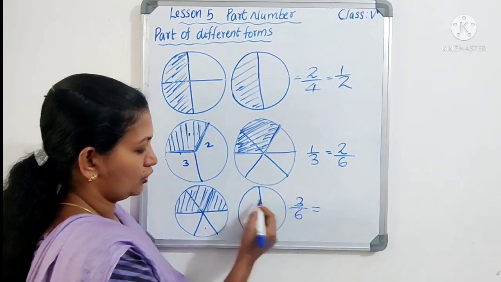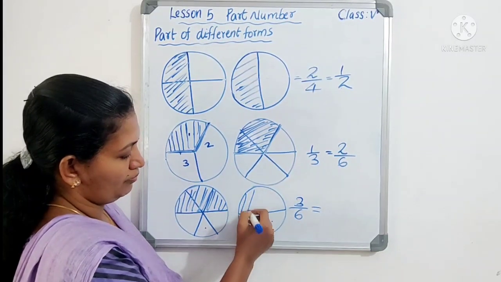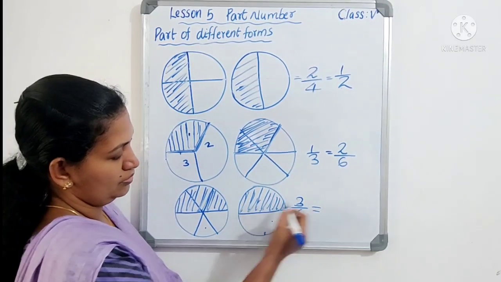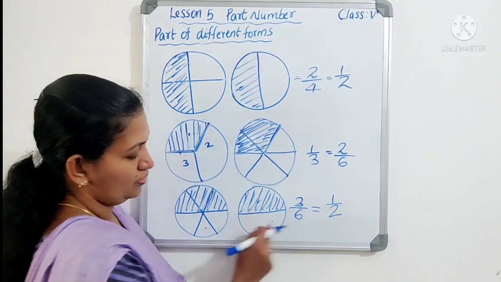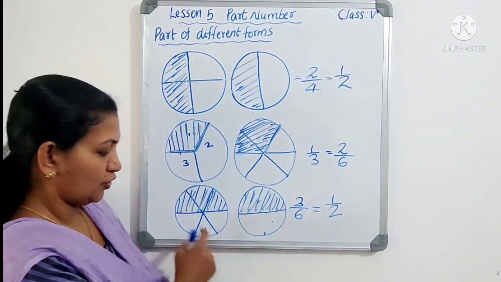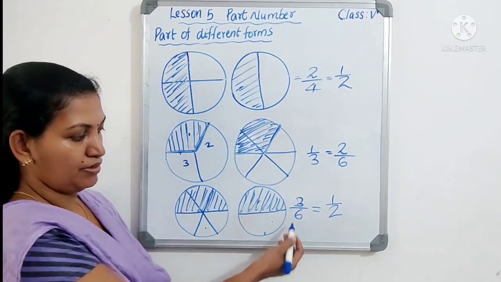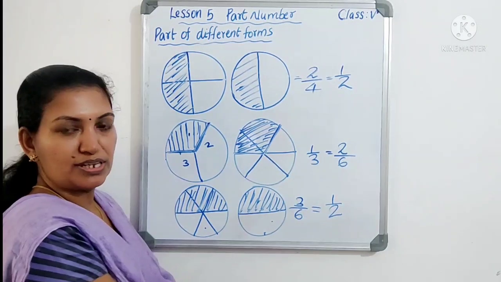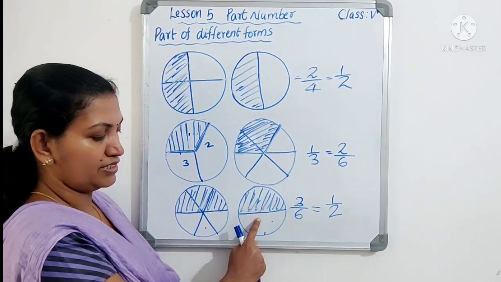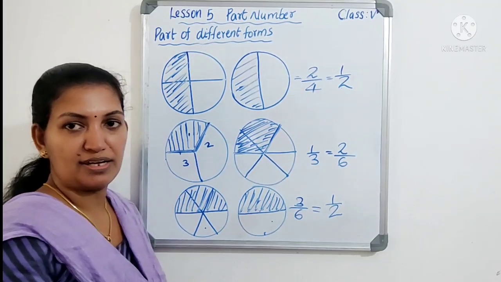Okay. Then equal to, here also, suppose we can draw like this also. I am shading half. So this means what? Half. One circle divided into 2 equal parts and 1 part shaded. So this is half. So we can say that 3 by 6 and 1 by 2 both are same. Here 3 column shaded, that is 3 by 6. Then 1 part shaded, that is 1 by 2. So we can say 3 by 6 and 1 by 2 both are same.